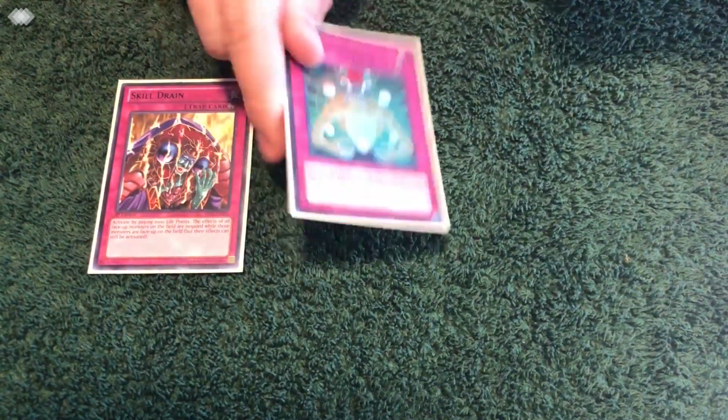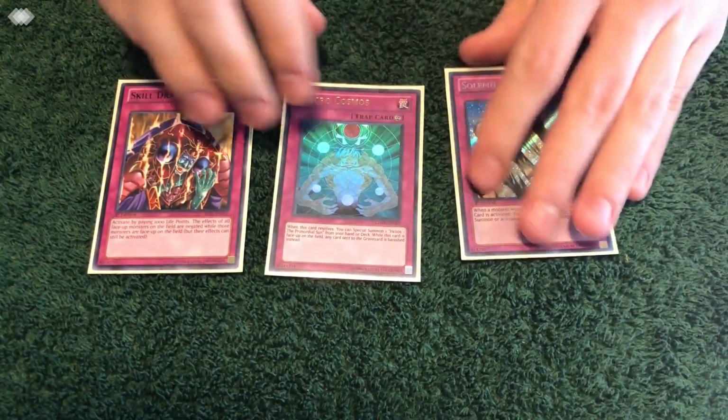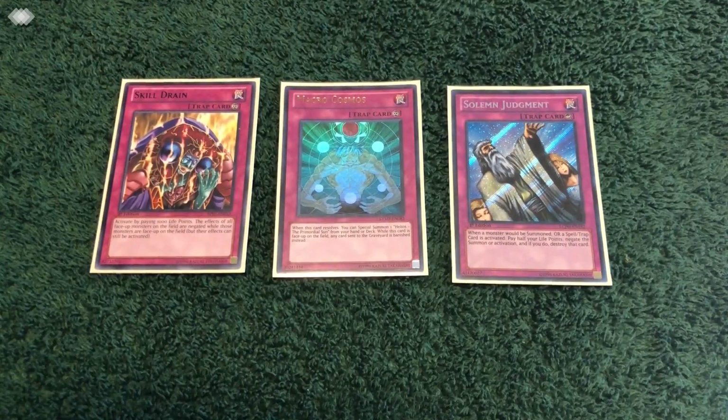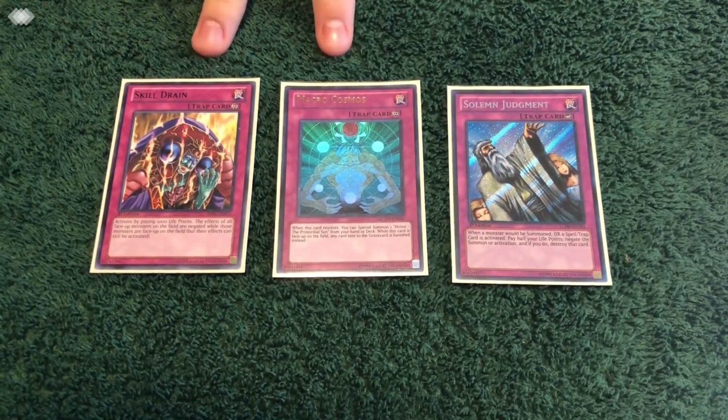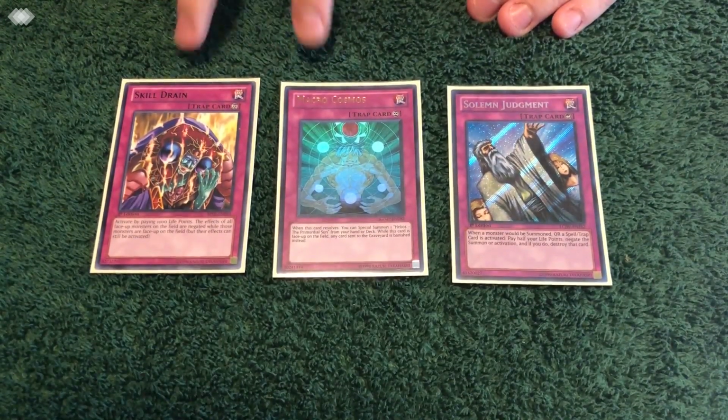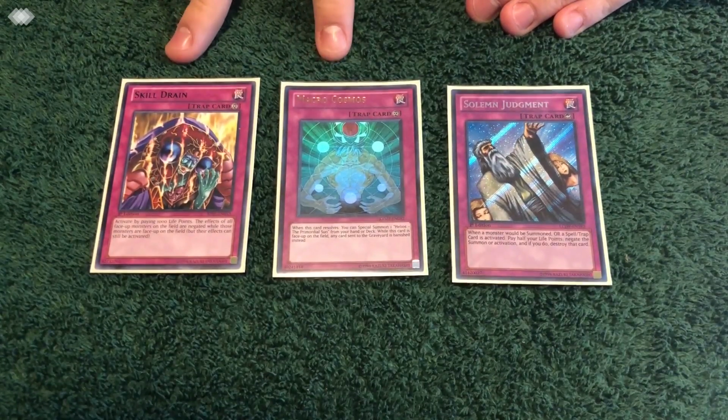For the powerful one-offs that I play, 1 Skill Drain, 1 Macrocosmos, and 1 Solemn Judgment. I just feel like right now Skill Drain and Macrocosmos are just too insanely powerful against the meta that if you're not playing them, if you have a deck that is minimally affected by them, you might as well play them because they can almost single-handedly defeat